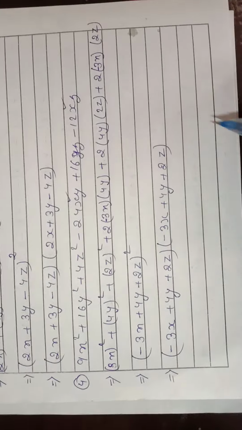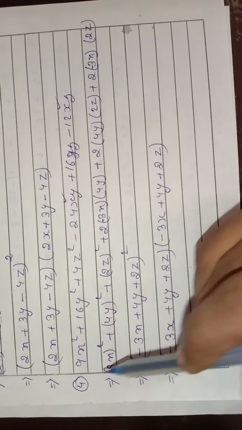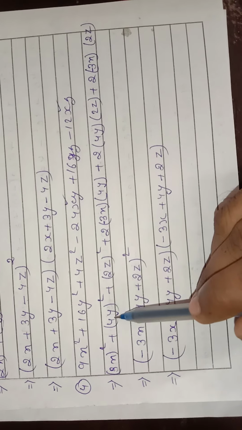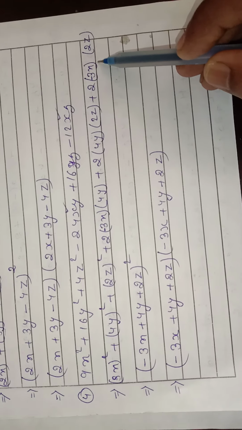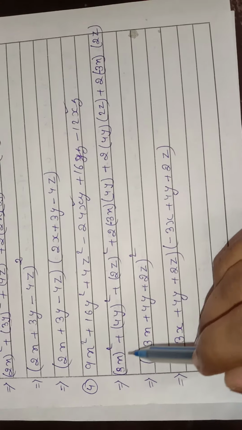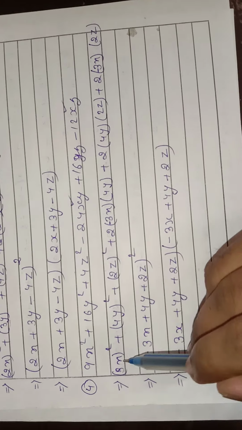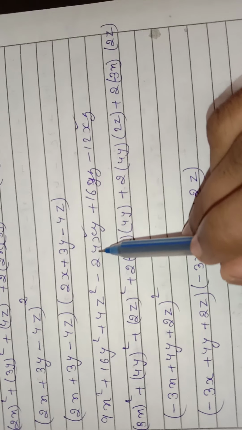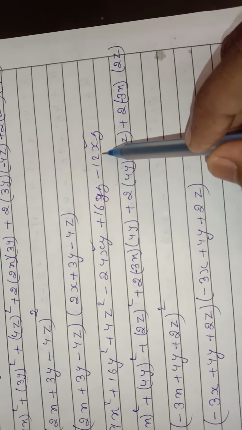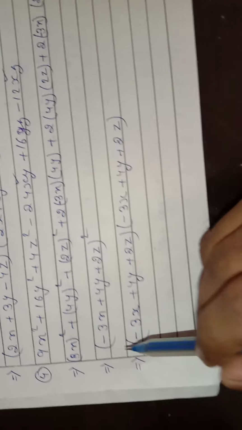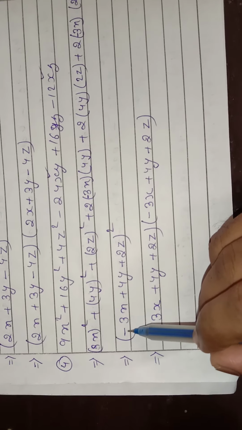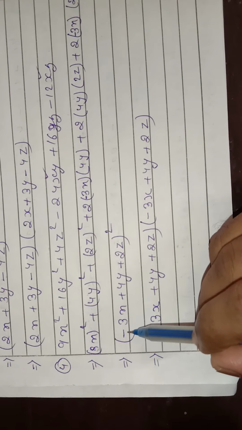Look here in question number 4: we have 9, that is (3x)², 16, that is (4y)², and 4, that is (2z)². Write as it is. Then I have written a, b, c here. Now I have to find out where to put minus. I saw in this question that here and at this place we have minus. So what is common? x. That means in front of x you have to write minus and on the other side plus. The square is here, right? Same number twice.